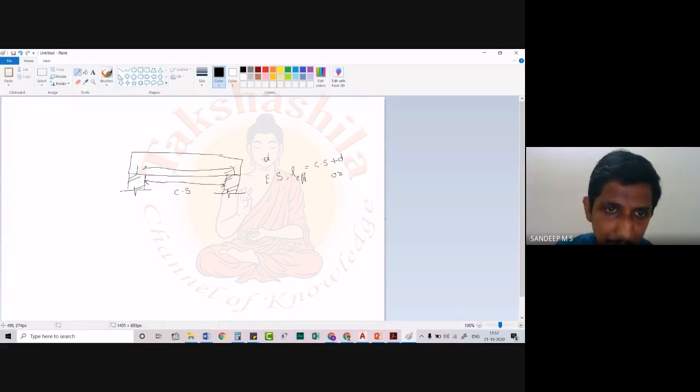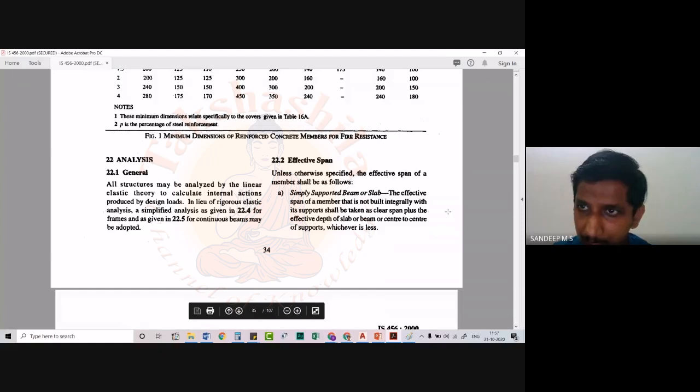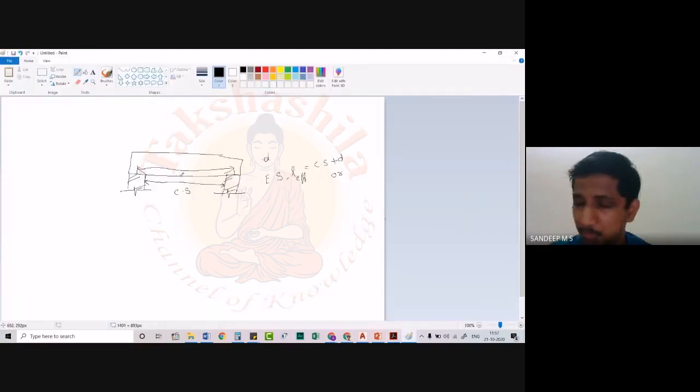So we have 2 values now. In these 2 values, which one should be taken? It is the smallest of these 2 values, whichever is less. So basically in this case, what you have to do is that you have to also calculate the center to